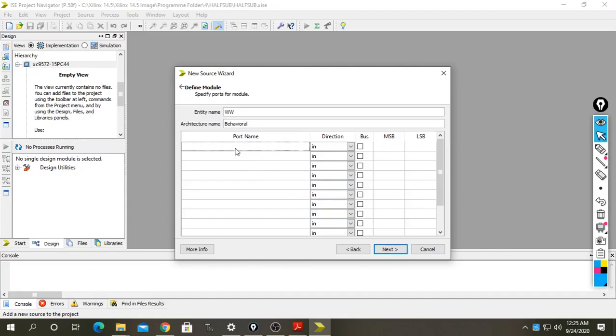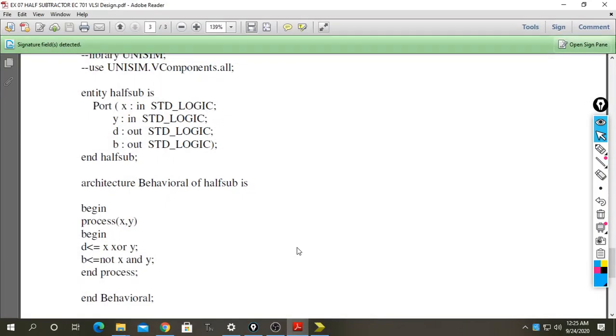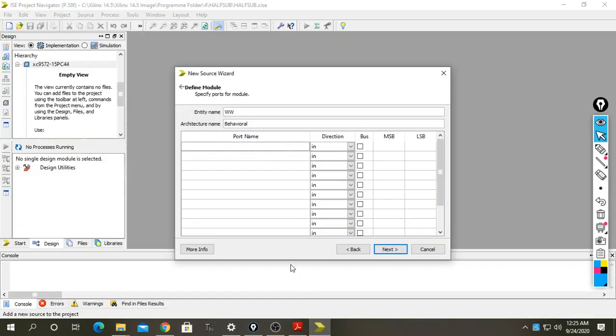Then next, the window will ask you about input and output. As you know, X and Y are my inputs and D and B are my outputs.